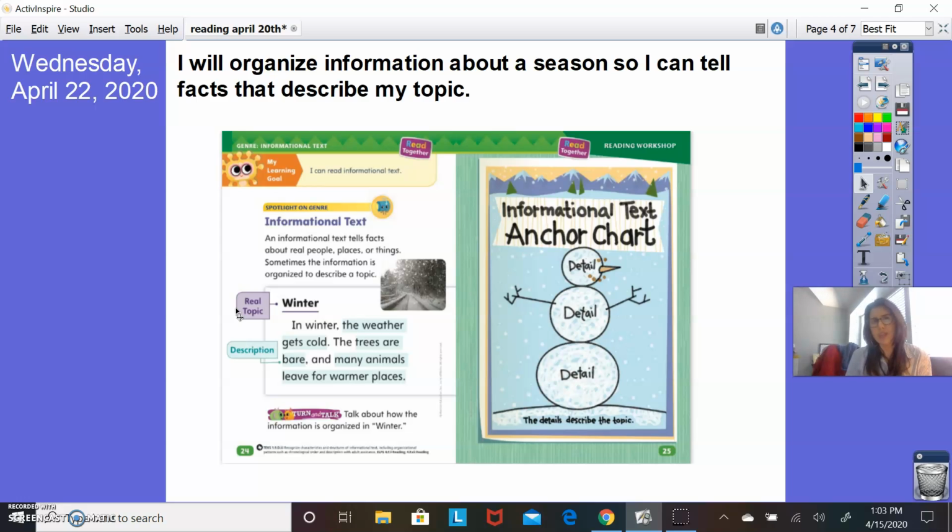It's important to understand that informational text is not an opinion. So we're not saying what we think or how we feel. We're more giving facts, things that are true. And an informational text is teaching someone else about something. So now that we've kind of reviewed that,